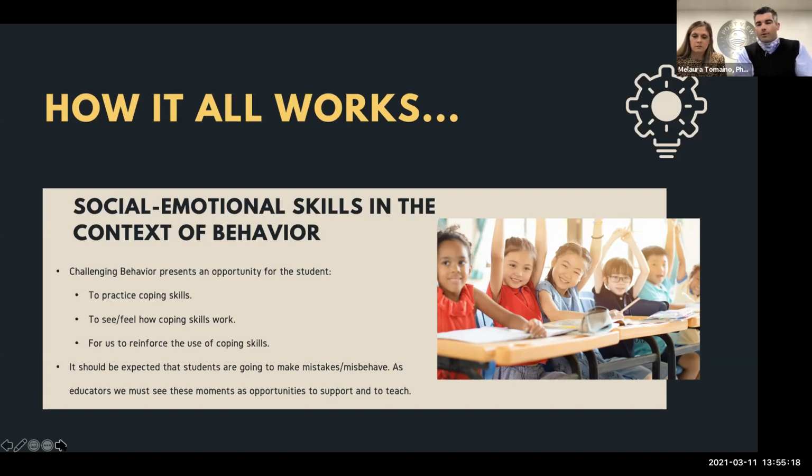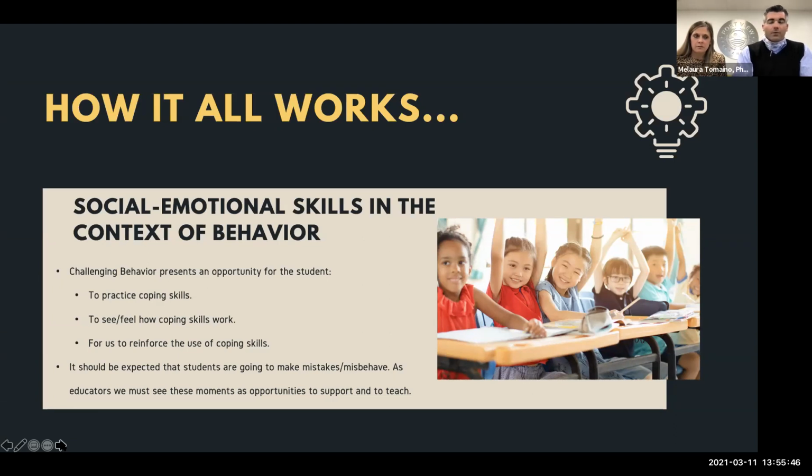There's nothing more reinforcing than that. And then they see it's effective, okay? So the student gets a very literal, real-time experience of how coping skills work. Then we get the opportunity to reinforce it, because we can reinforce them not for calming down, but for engaging in the coping skill.